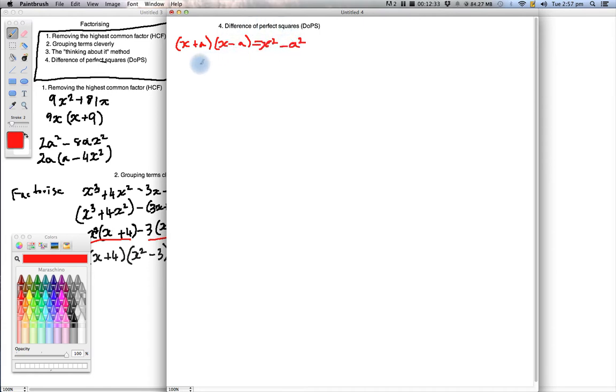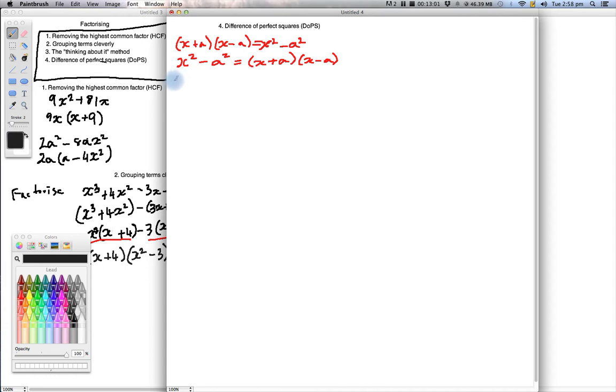So just to make life perhaps a teeny tiny bit easier for some people, I'm going to write the exact same thing backwards: x plus a, x minus a. There we go. So it's the same thing written in the other direction to make life a tiny bit easier for ourselves. Okay, you've looked at a couple of examples already from last time, so we'll start off with an example that's